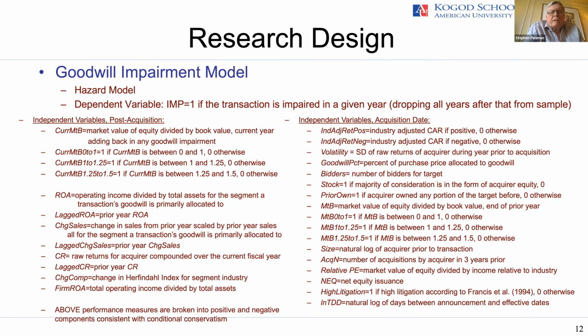James, it's Stephen Penman here. This price to book as an indicator below 1 or 1.25, you go for higher bounds. It seems very strange to me. A lot of the big acquisitions are made by pharmaceuticals, and their price to book is 5, 6, 7. Coca-Cola made an acquisition recently, and their price to book was what, 9 or 10? So it doesn't seem to be a good filter to me. The reason, of course, is that most of their assets are off the balance sheet. Apple has no net assets except cash. So it doesn't seem to be a sensible filter at all. Have you got a response to that?